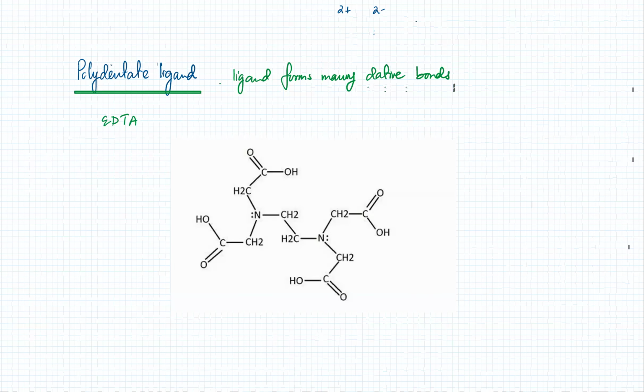Is the maximum number of dative bonds that can be formed with a metal ion 6? Normally, it is 6 because we run out of space, basically. So with this, how many would it be? 6, 6 only? Yeah. Okay. So if you're not running out of space,